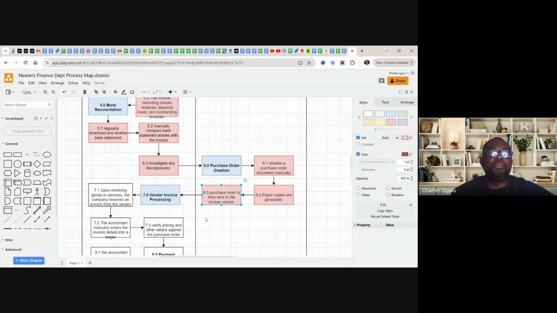And then vendor invoice processing. Upon receiving goods or services, the company receives an invoice from the vendor, and